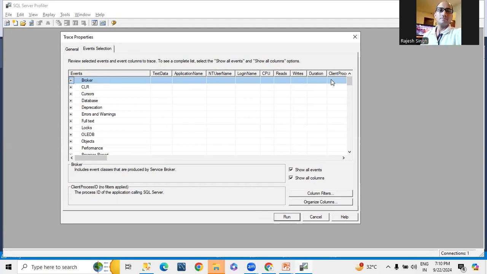Basically what I said, if any issue is happening, maybe in production hours, you have to execute the profiler in production hours, but you have to go for specific events and a specific filter. Don't go blindly with all events and no filter, straightforward. So please keep this in mind while executing a profiler.